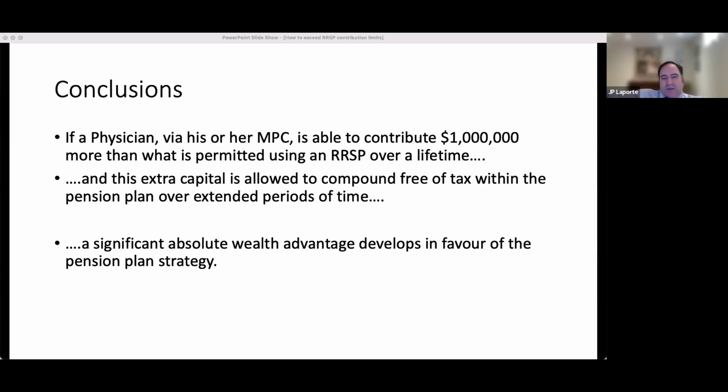All of this comes from a smarter use of the Income Tax Act to reduce the tax grind as quickly as possible and deploy money that would have been taxed into a tax sheltered environment for extended periods of time. And then when the children are involved, pass it, skip the deemed disposition, and give it to the children without any tax